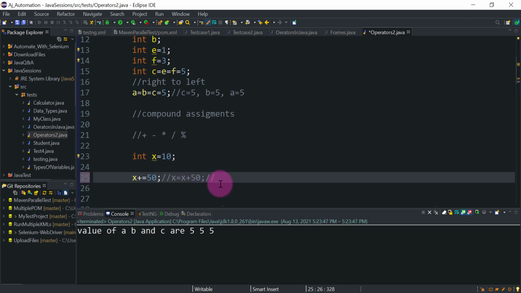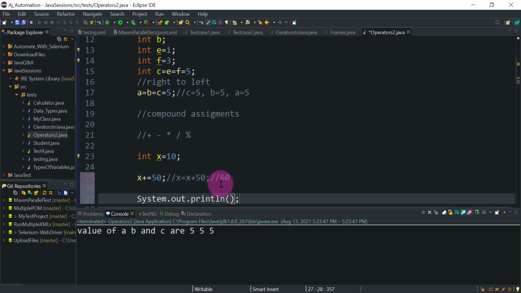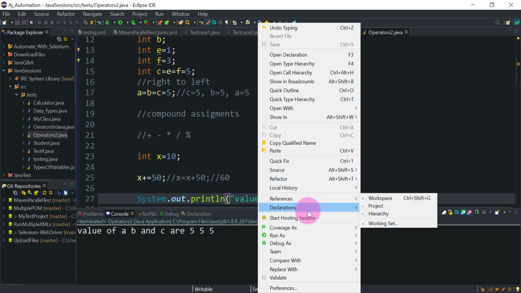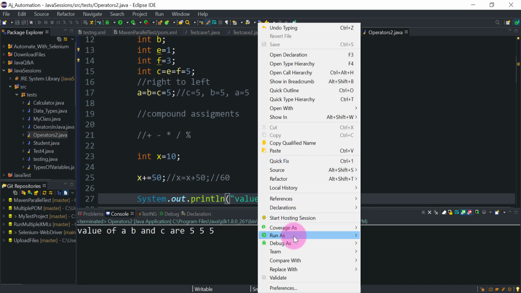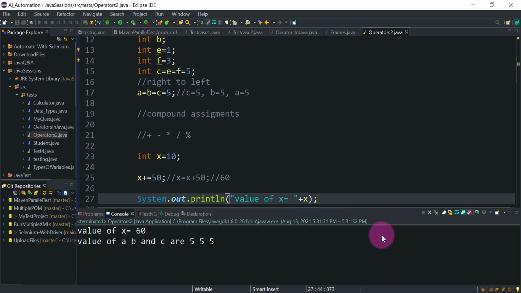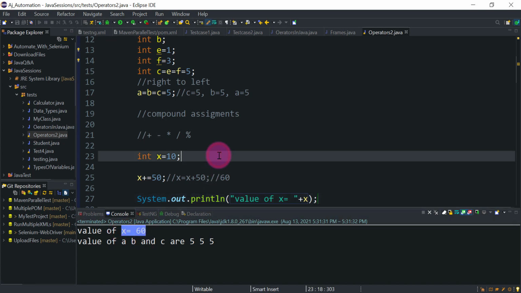X is 10, so 10 plus 50 we should get 60. Okay, so the value of x is 60, right?